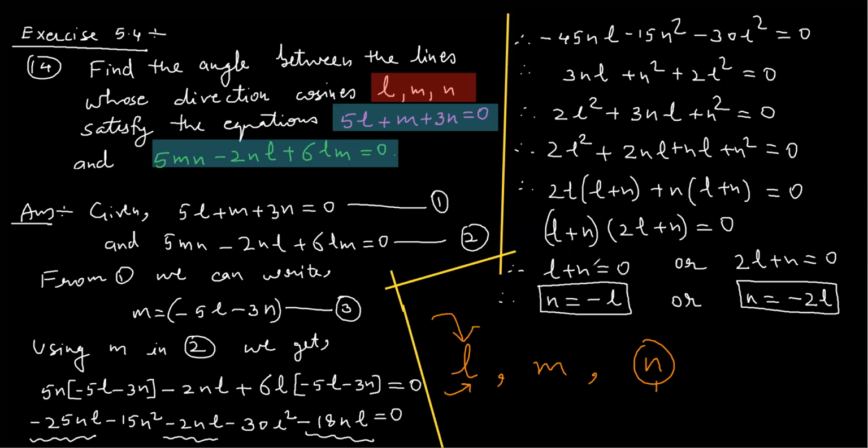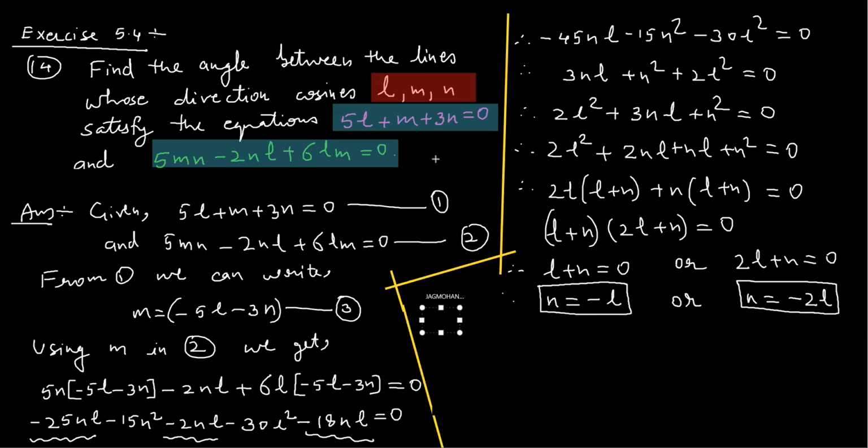Okay, I hope you are following this. Very interesting question it is. So here I got. Now next step, what I do is, see here. In the next step, I will write, see, I'm getting N equals to negative L. So I write here,